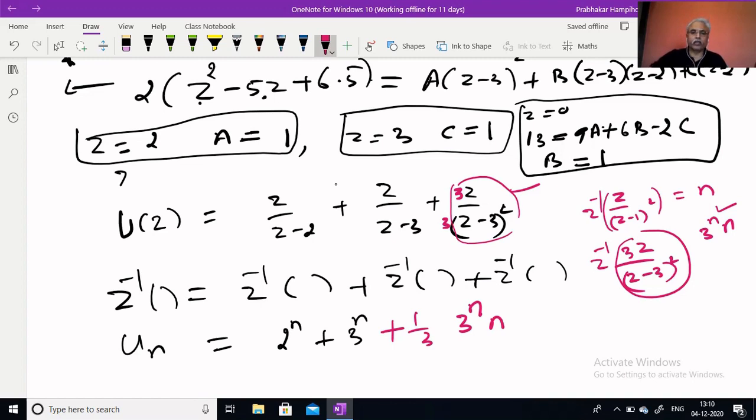Okay, so we learnt inverse z transforms. All this knowledge we will be using in the next class